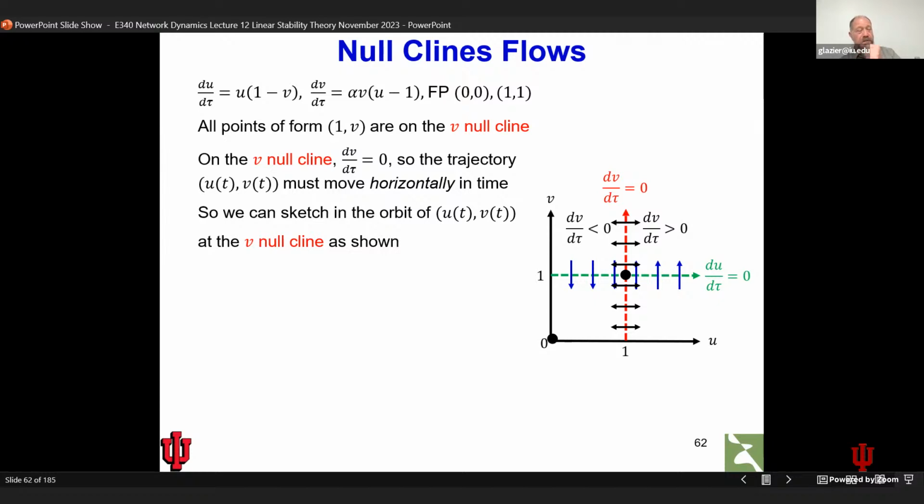And what's nice is you can find any point where you know the direction of movement. When you cross a V nullcline, the direction of movement in the V direction flips. When you cross a U nullcline, the direction of movement in the vertical direction flips. And that means that if you know the direction of movement at one point anywhere here, you can then walk across. Each time you cross